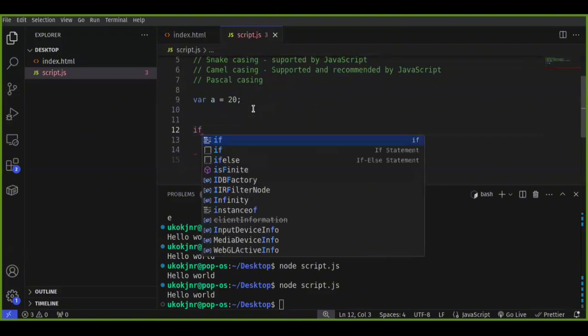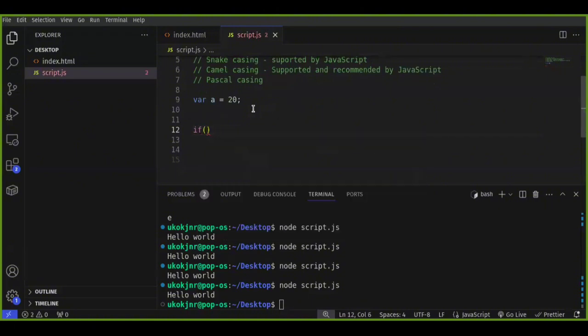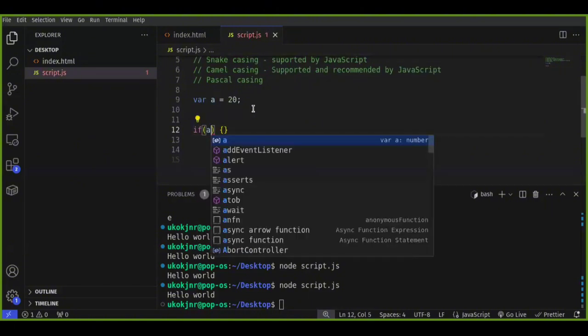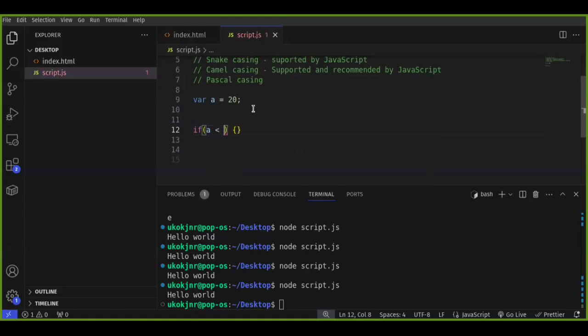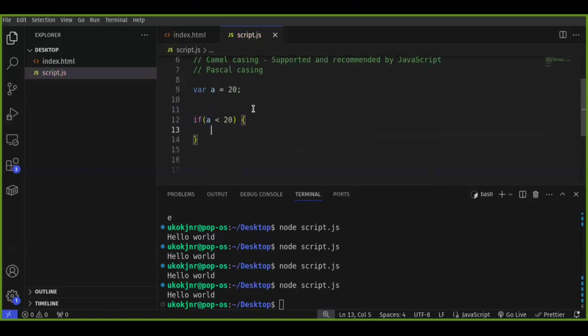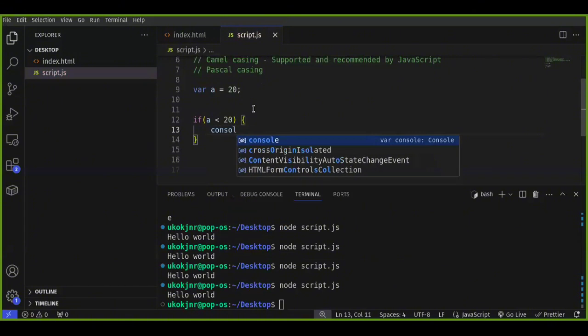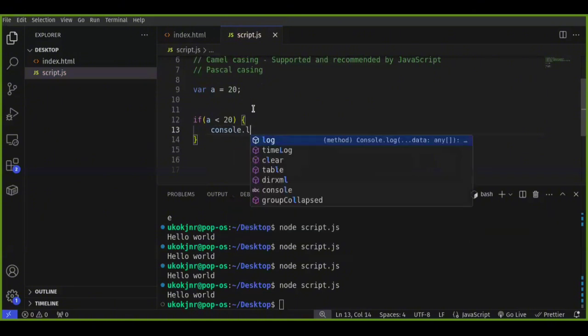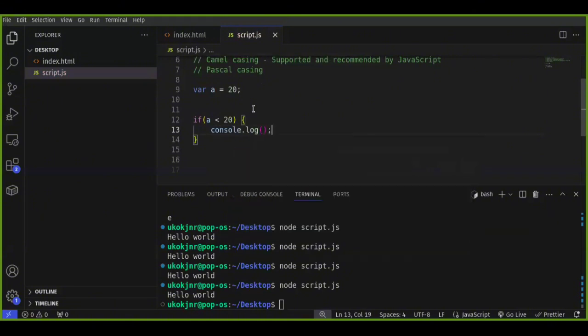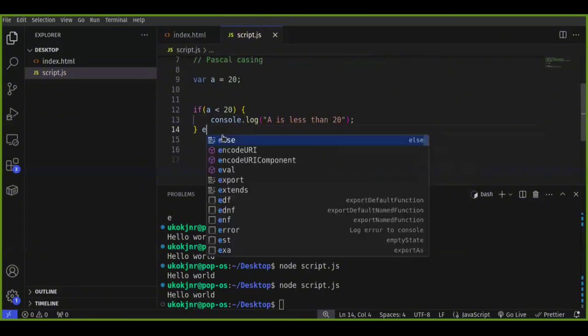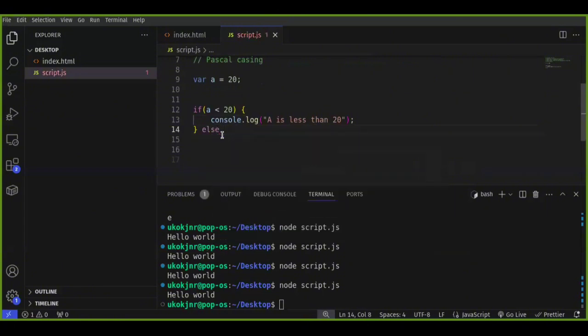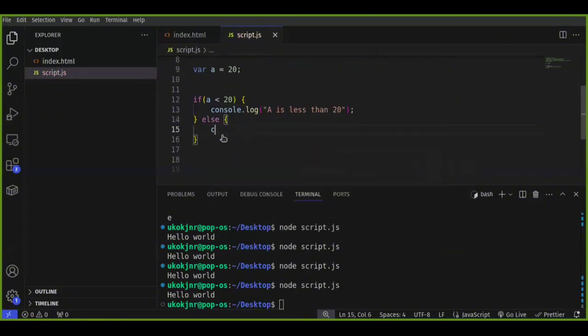You say if a is less than 20, then you could log out, console.log. But then if it is greater than 20, you can say